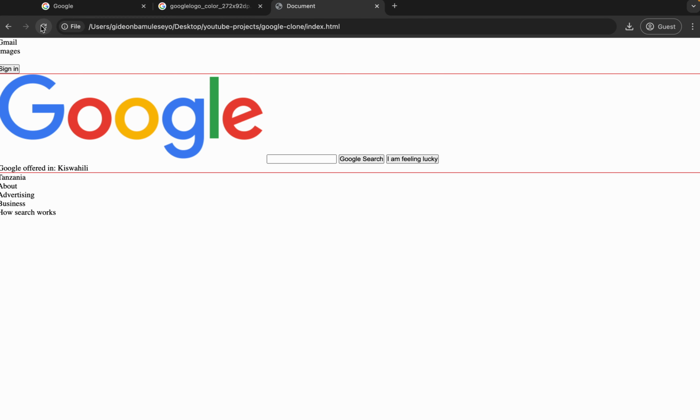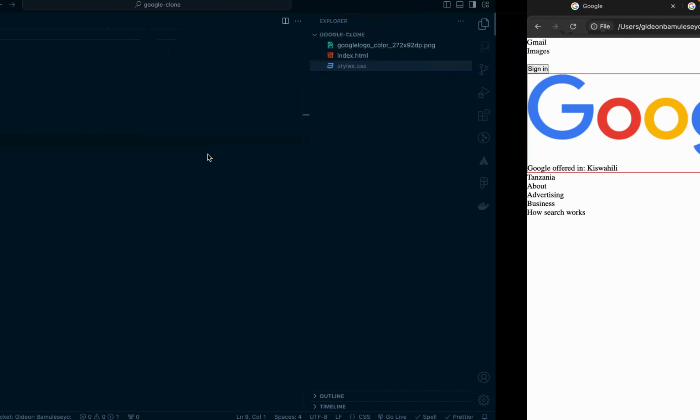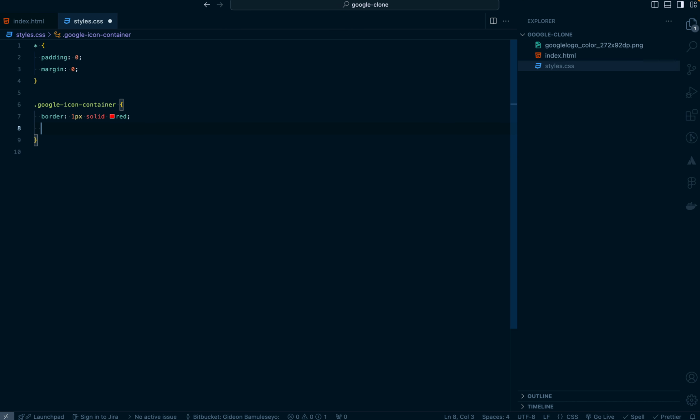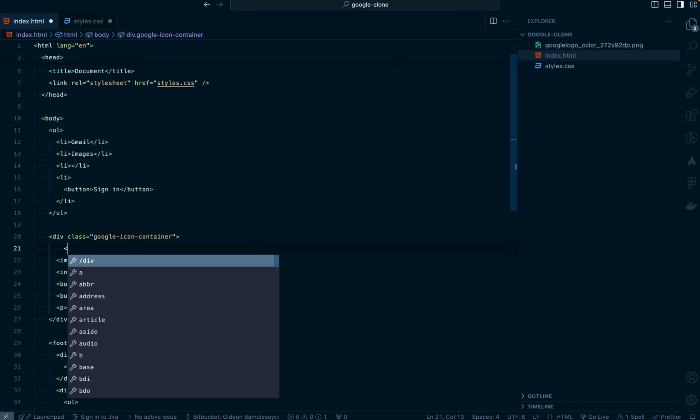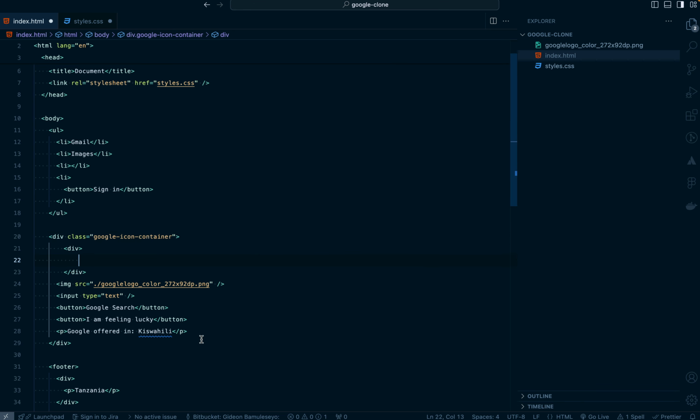We can do that. Okay, so what I can do is, because I want to center this div within this div, I can actually create a div here. Okay, this is just one way